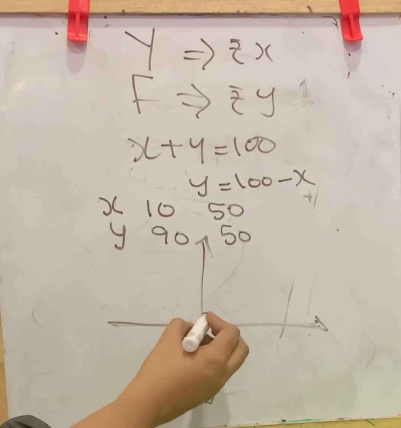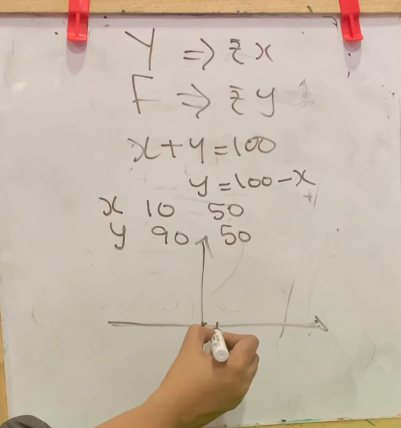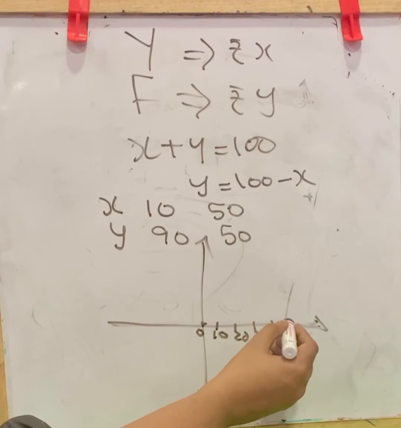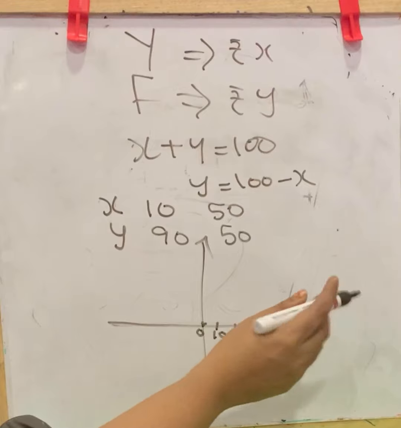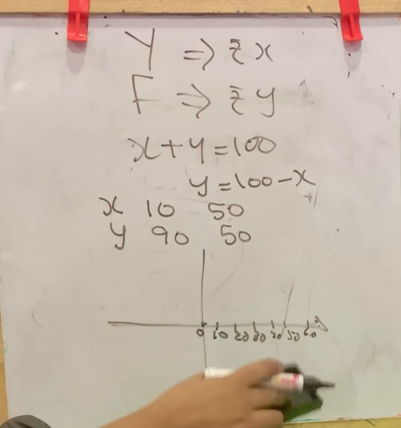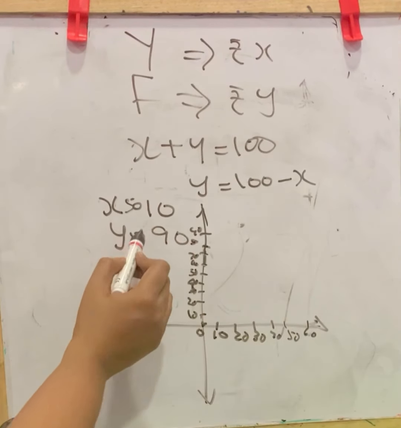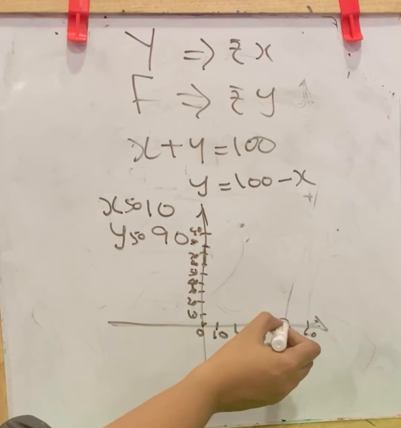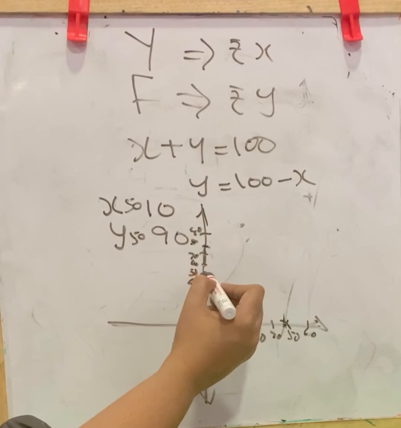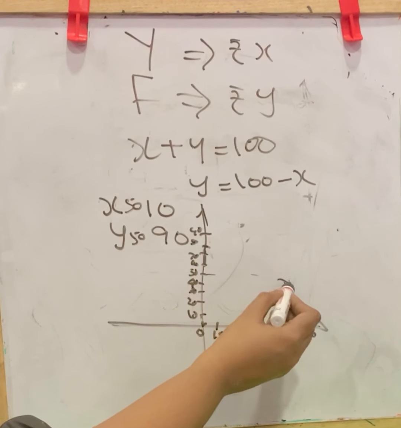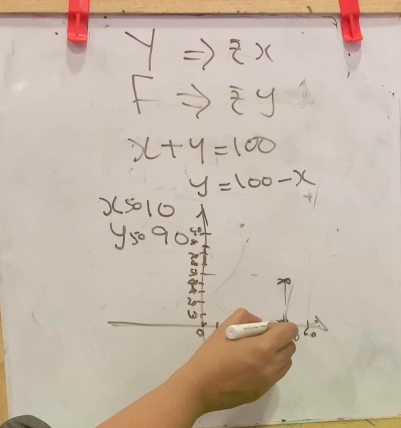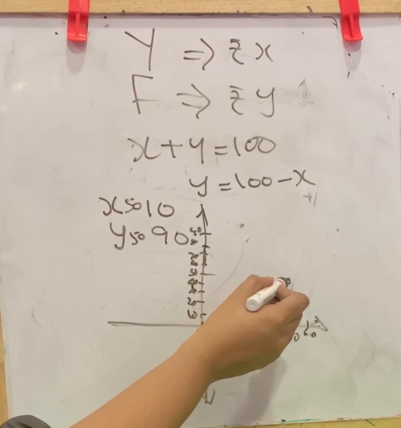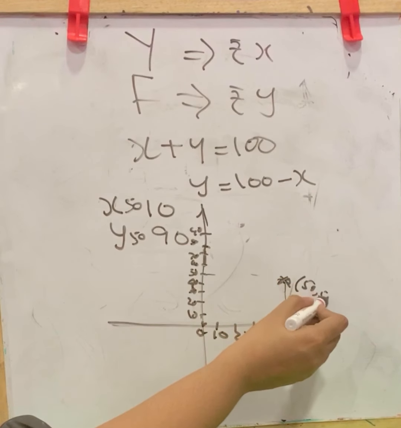So we will take each unit as 10, 20, 30, 40, 50, 60, like that. So first case 50, 50. X is 50 and y is 50 means here. This is the point. X is 50. First take x is 50. Then from there you want to check the height. Y is 50. Here is 50, 50.